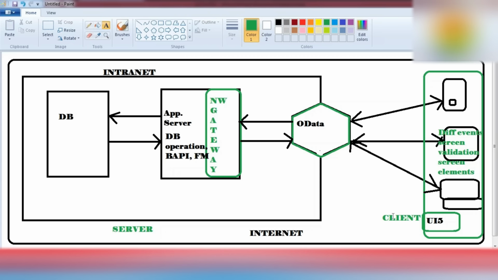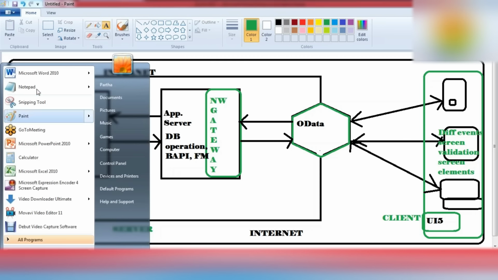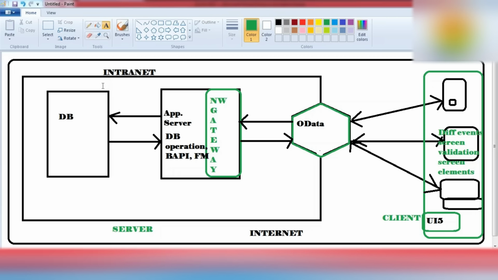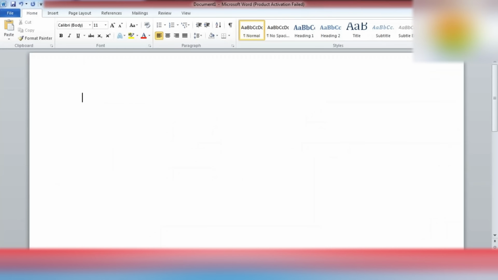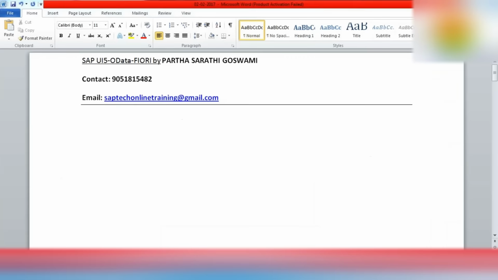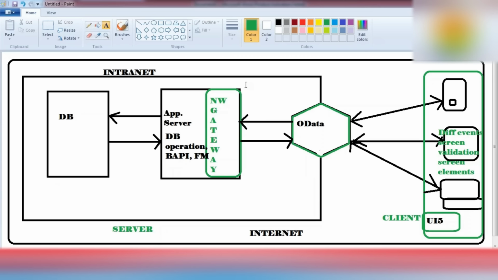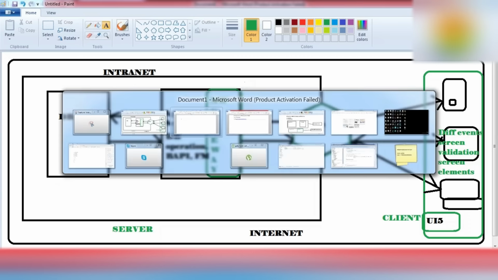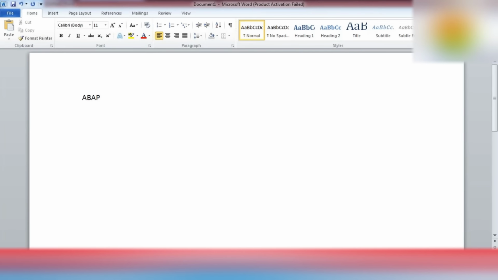One more thing: I can say the previous ABAP application is stateful.